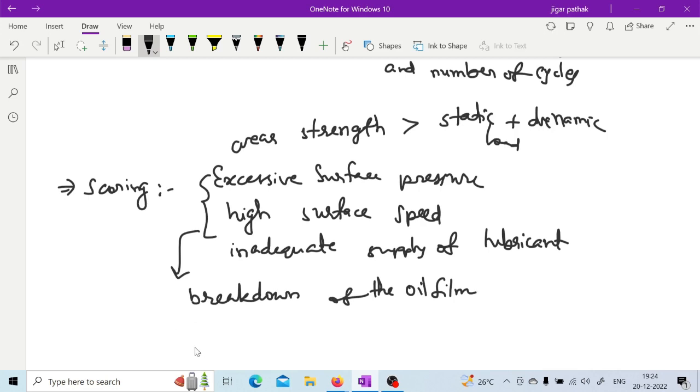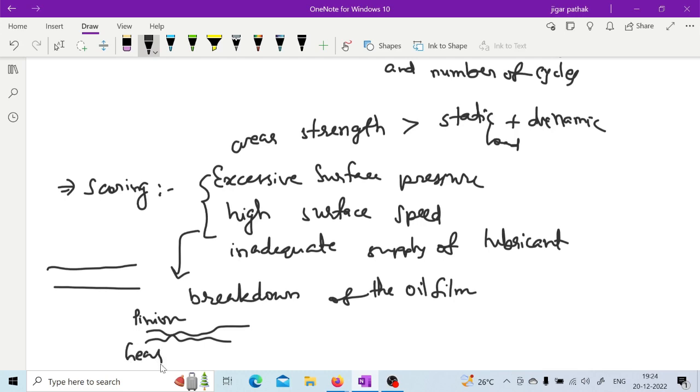So because of that, there are some surface irregularities, like this actually. All the surfaces which we see with naked eyes as flat are not actually flat. There are these kinds of irregularities, as mentioned here. It is exaggerated, but it is at the micron level. These surface irregularities are there on every surface, and when we look with a high resolution microscope or similar devices, they will be visible. So when this breakdown of the oil film results in contact of the pinion and gear,